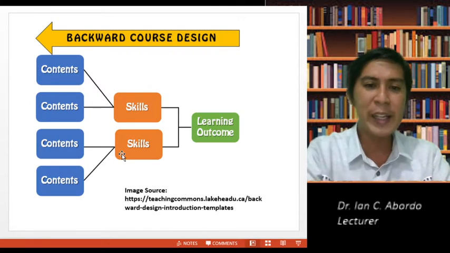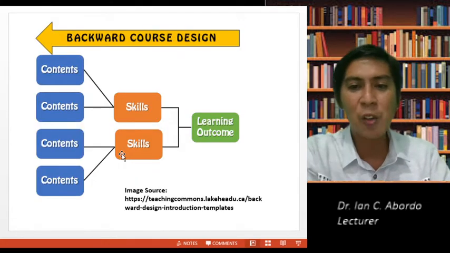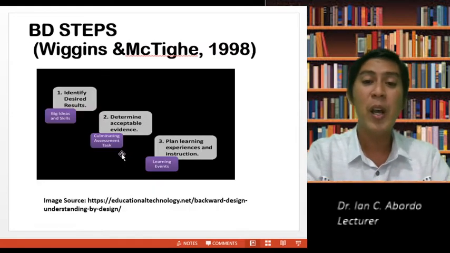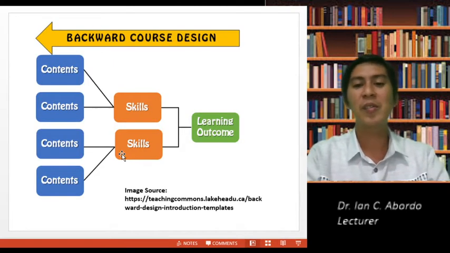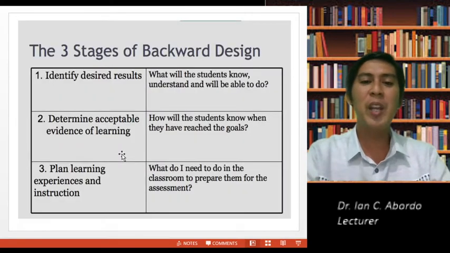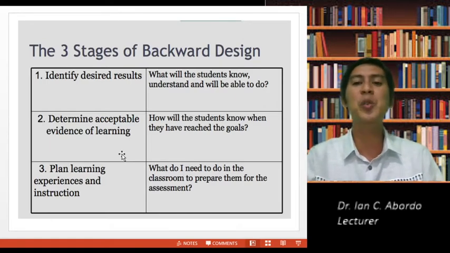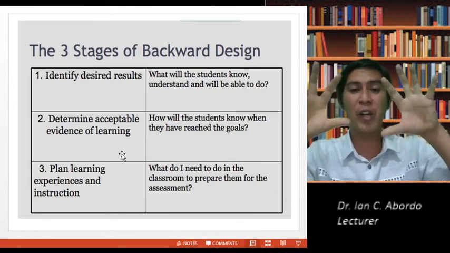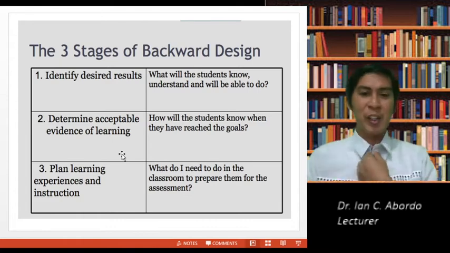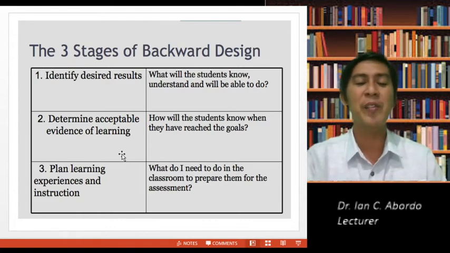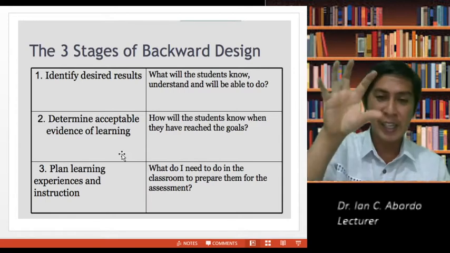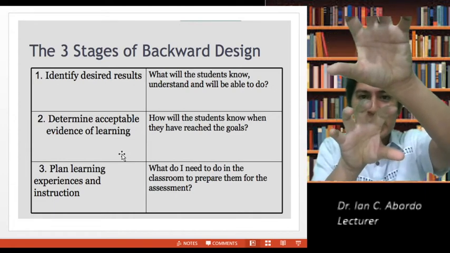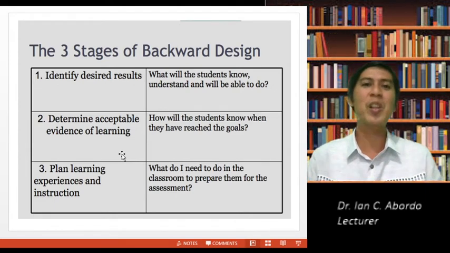So the backward design is, first we have to identify the outcome of the lesson, the skills and content. Then the evidence, and then content last. Anyway, we will discuss each of these. So the desired results: what will students know, understand, and be able to do? We will identify that first. In the MELC, you already know what the identified result is. The MELC will tell you this is the expected result. All right? And then you'll see, if this is the result, what is the performance task? So that's what we have been doing.